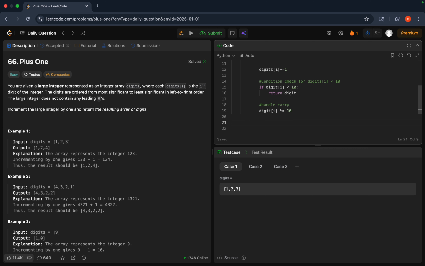And now the edge case, which is the all 9 case, comes into the picture when the digits come out of the loop. So here we have to handle that by adding 1 at the beginning. So return